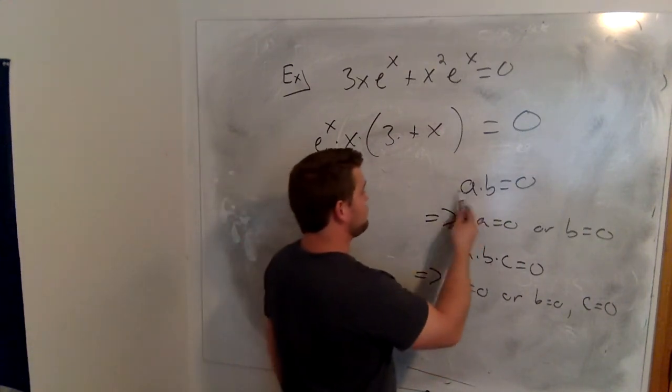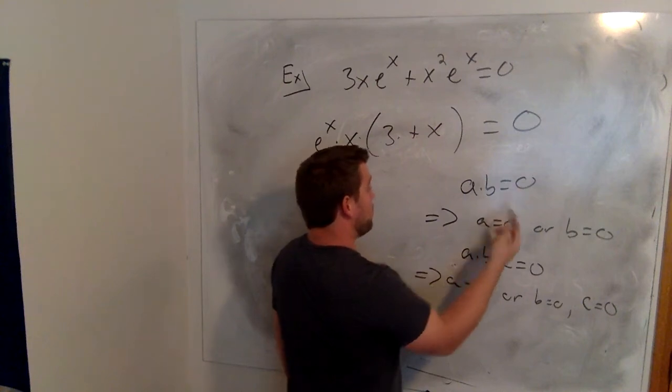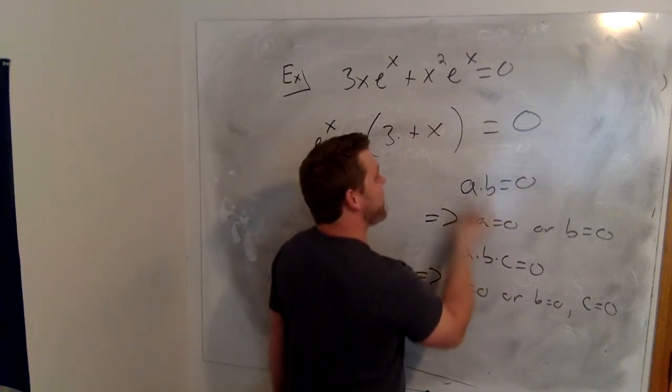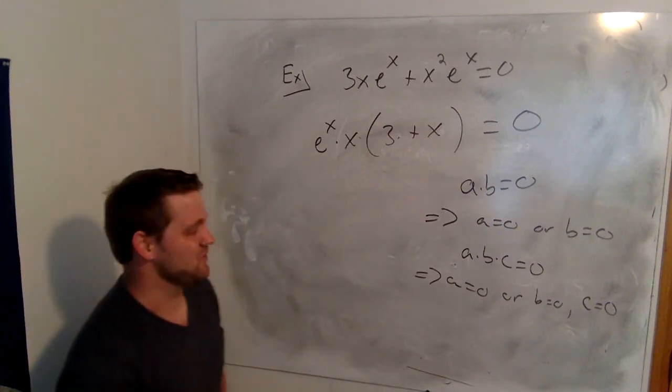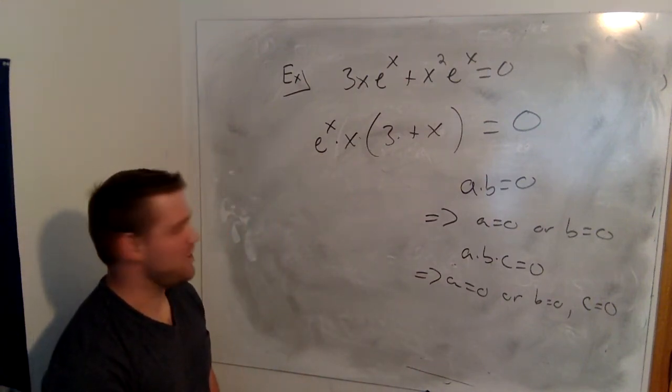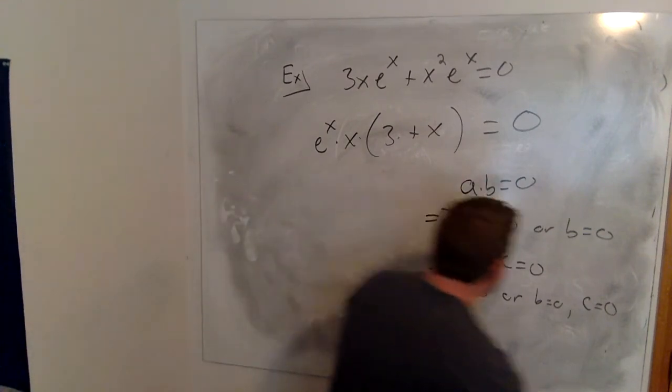If I have 2 numbers being multiplied to give you 0, well then one of them has to be 0. Try to think of any 2 non-zero numbers that multiply to give you 0. There are none. If you could think of any, you'd win like a great math prize. Okay, so